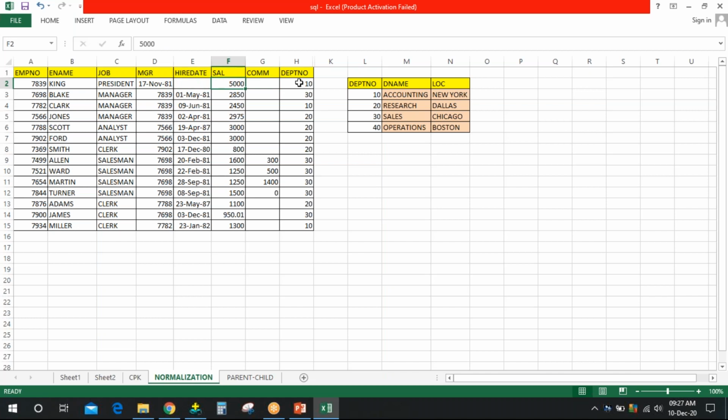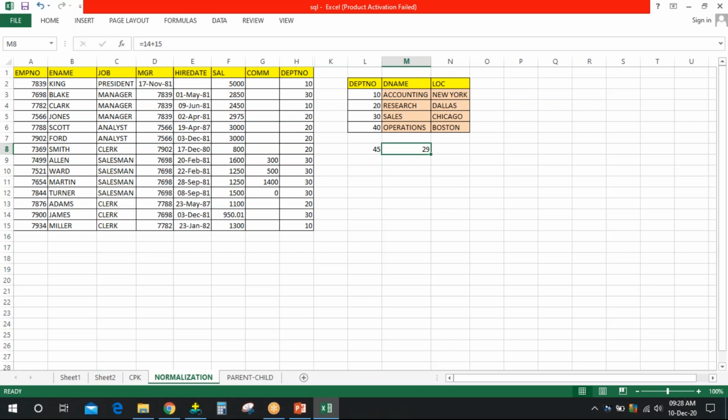So now the total space used is 14 plus 15. Earlier it was using 45, now it is using 14 plus 15.